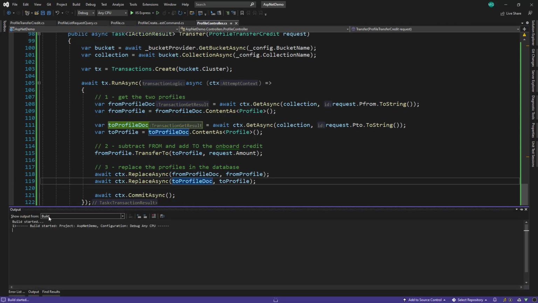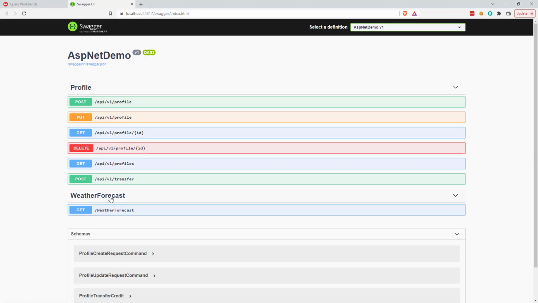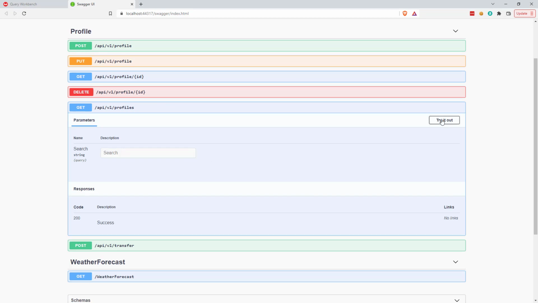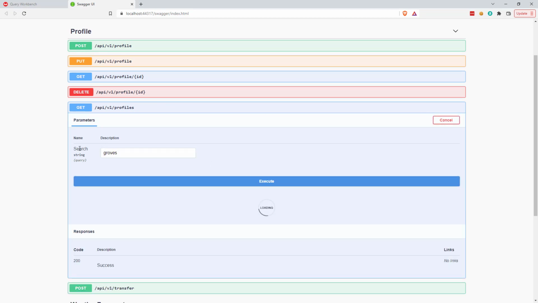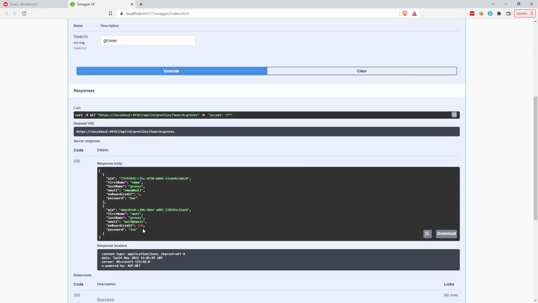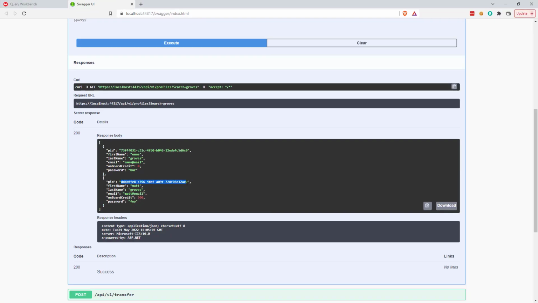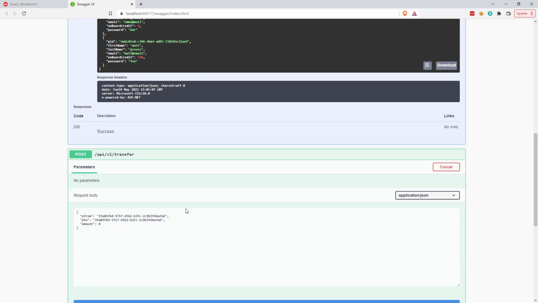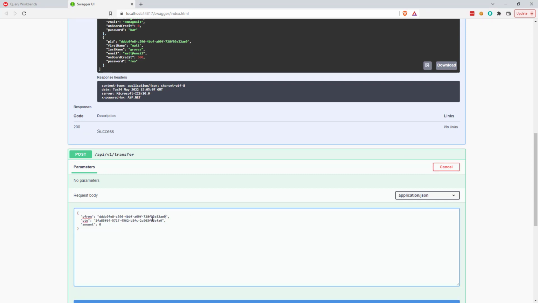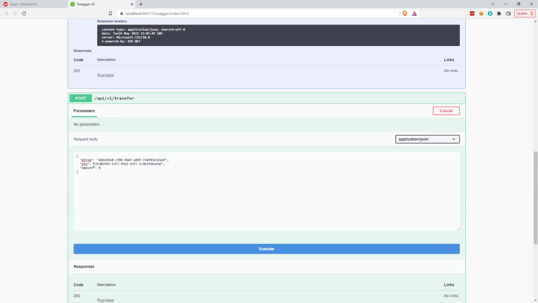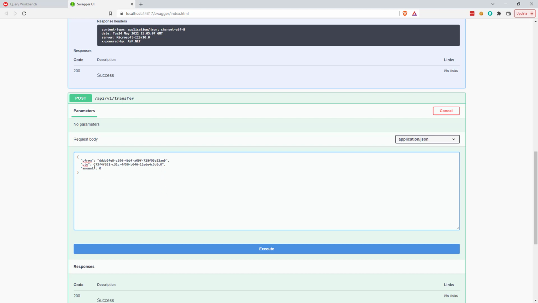So let's go back to the Swagger. Got this new transfer method here, but first let's get a list of those profiles in there, because I need those IDs to make a transfer. So we started with Matt having 500, Emma having 0. We're going to transfer from Matt, so let's take this ID down here, transfer from Matt to Emma. This is Emma's ID. Let's copy that one, paste it right here. That's the to ID for Emma, and $50 should be enough for souvenirs and snacks and whatever she wants today. Go ahead and execute that,